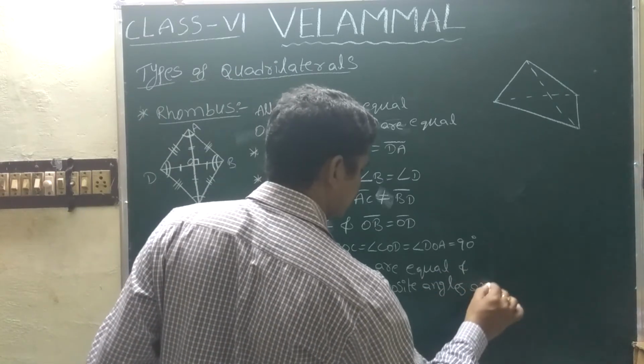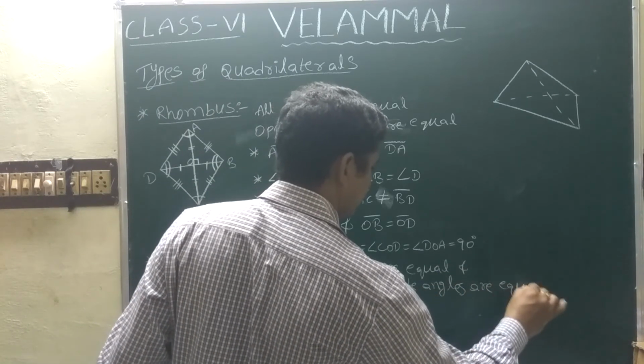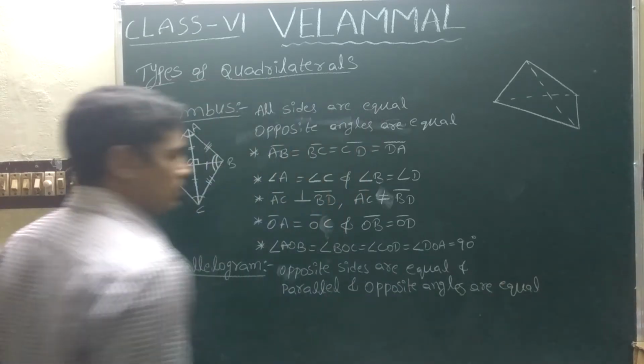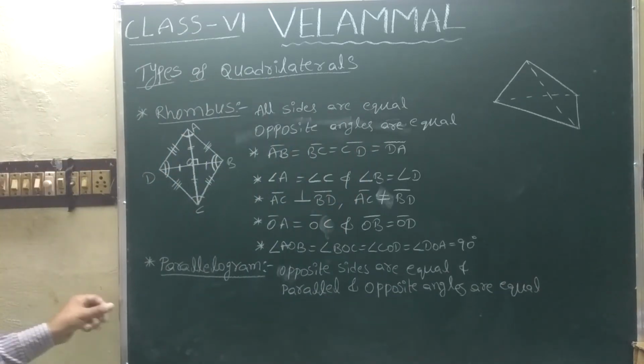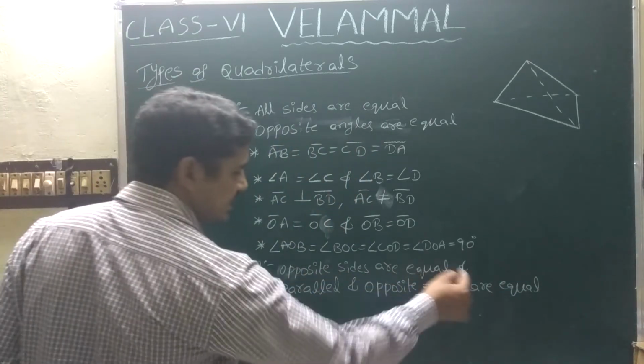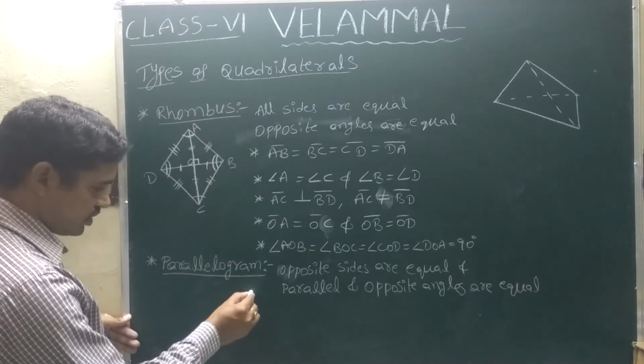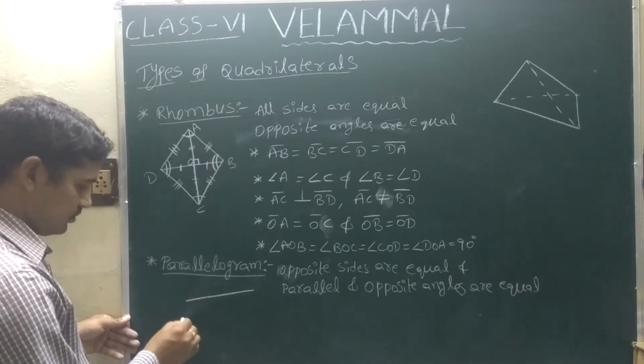Opposite angles are equal. That is a quadrilateral. We will draw here. Opposite sides are equal and parallel. See, if we are drawing the diagram,